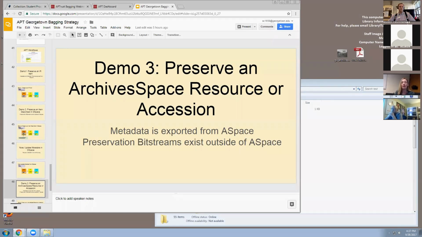So we have the capacity to send materials that are described in ArchivesSpace simply as an accession as well as a resource. I'll be showing something that's from a full finding aid today, but we do have the capacity to send just an accession record.